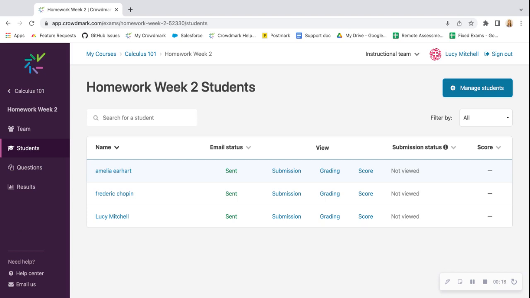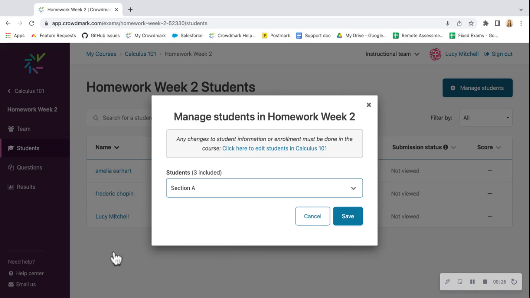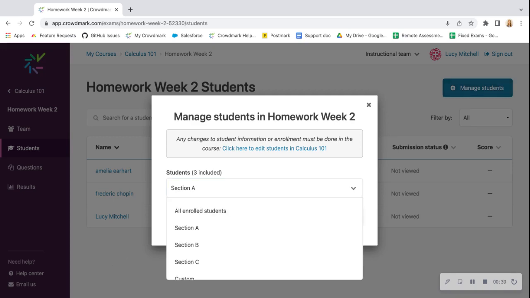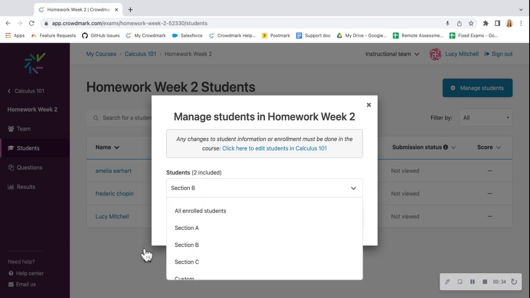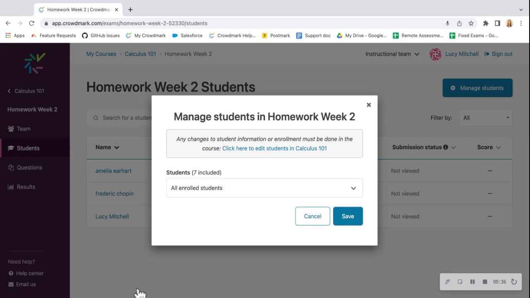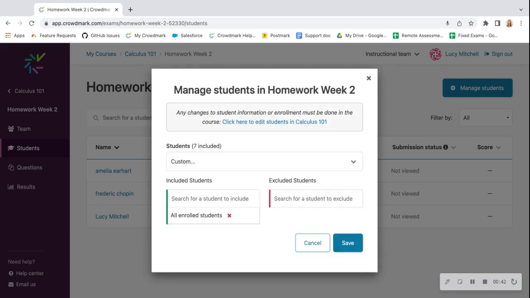And if you would like to include more students, these students can be added by clicking Manage Students here. You'll see this is assigned to students in Section A, and 3 students have been included. You can use this drop down to change what section of students is included. You can also update it so that it's just showing all enrolled students. And you can also scroll down to custom, and using this custom feature, you can include and exclude specific students